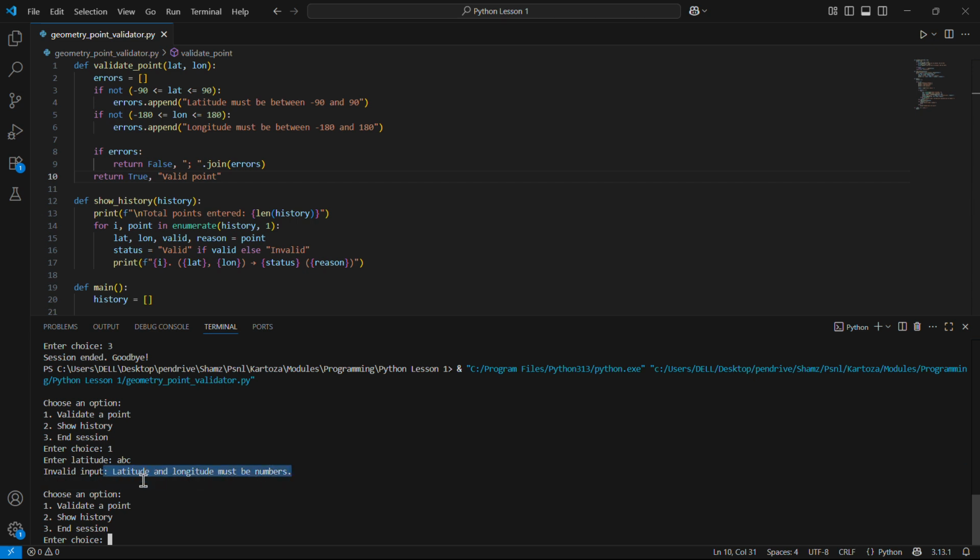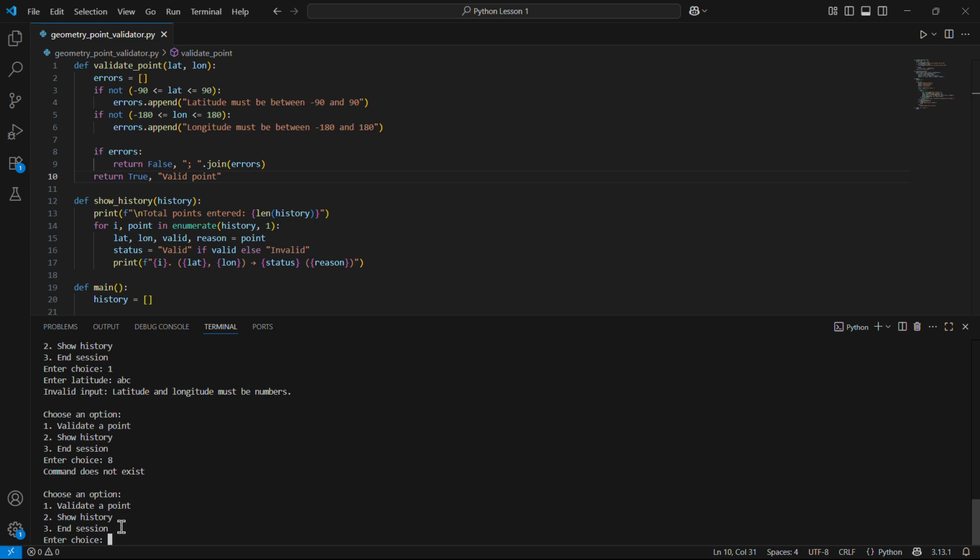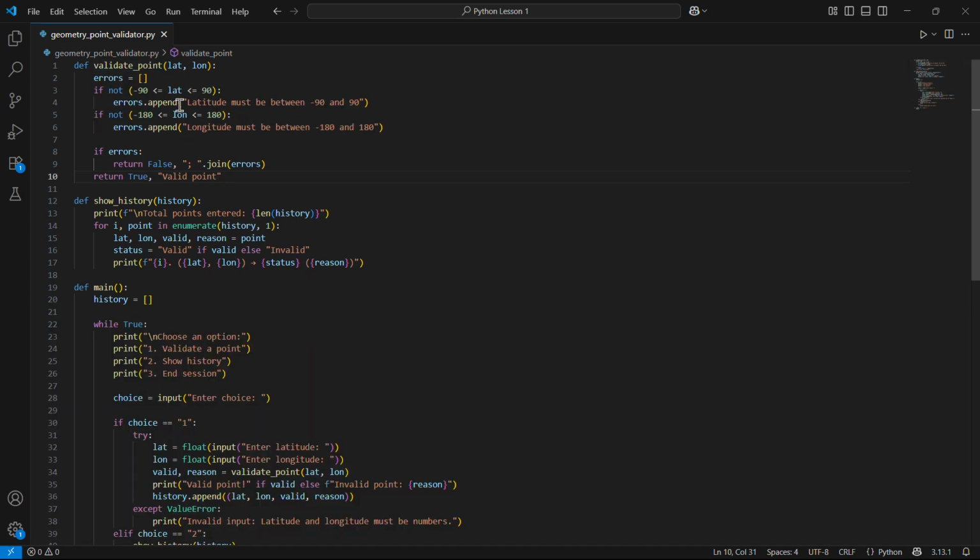This is an invalid input. And for the invalid menu option, if I give an option other than 1, 2 or 3, for example option 8, the program responds with command does not exist, which ensures robustness and prevents unexpected behavior. Yeah, so for explaining the code, I added a function validate point with lat and long, and for this point it enforces geospatial constraints by checking whether the latitude is within -90 and +90,